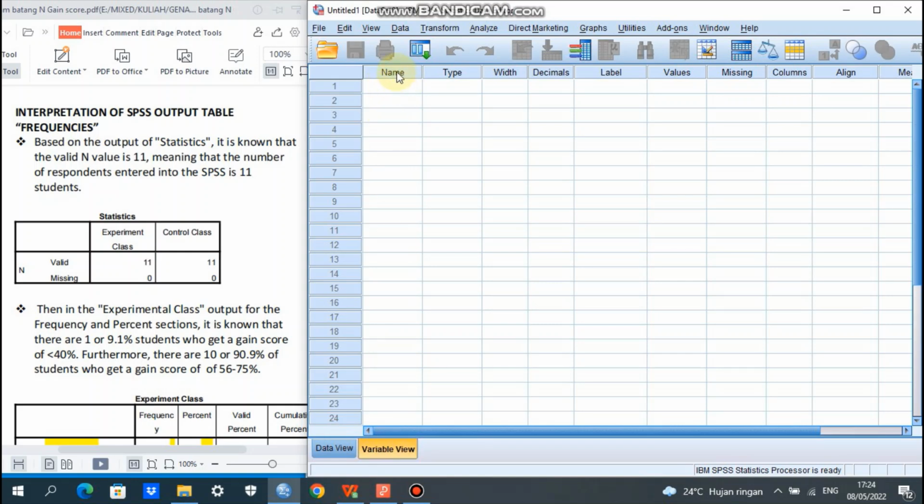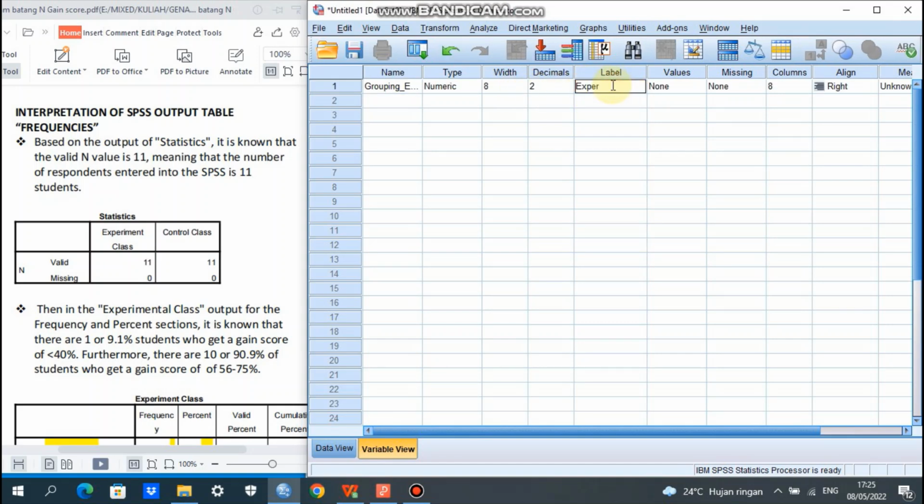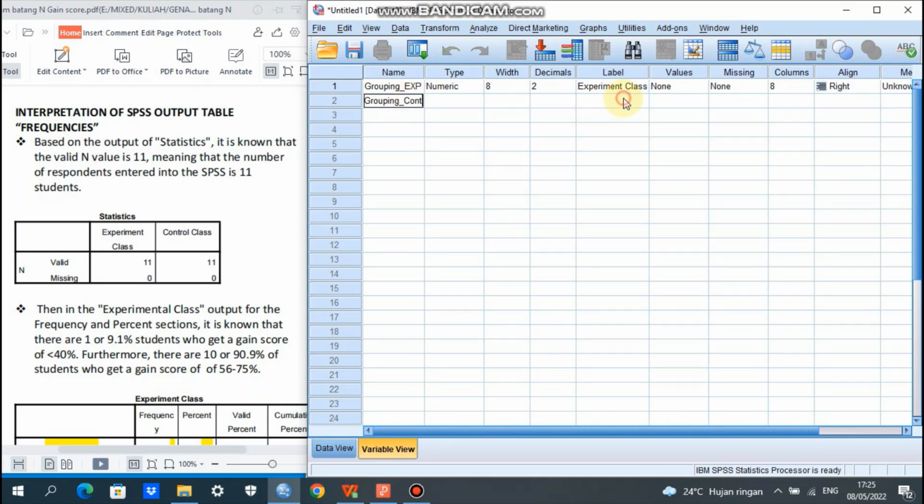Under the name here, we type grouping X here for experiment, yeah, and then the label experiment class, and then we have grouping here, control, yeah, and then here control class.